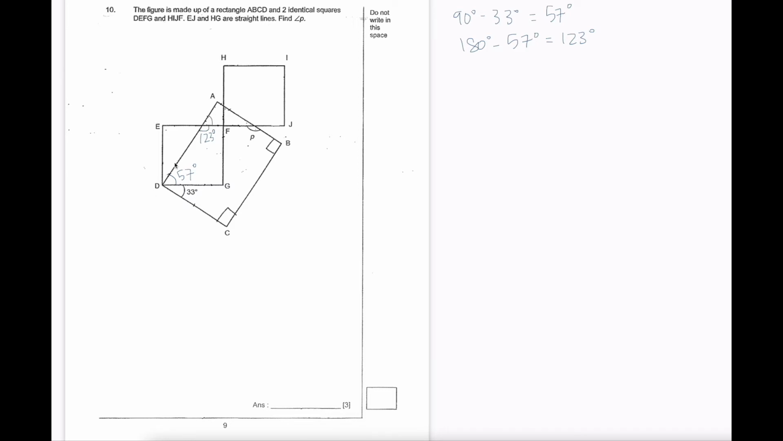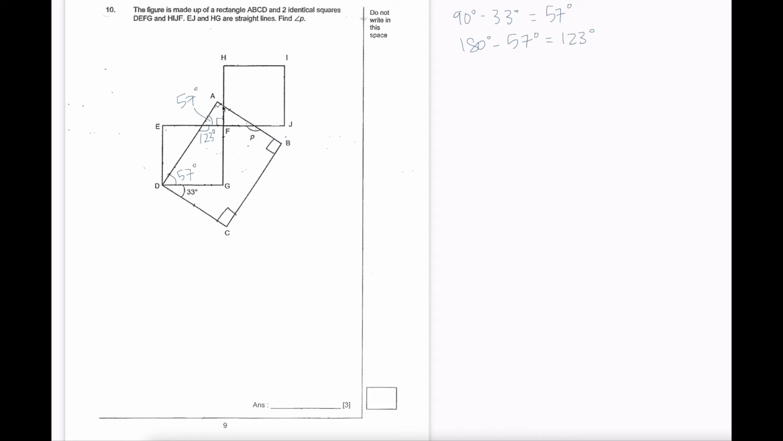Because AD is a straight line, it's part of a rectangle, and this will just be 57 degrees, because 180 minus 123, you get 57. Okay? So this is 90 degrees, and this is 90 degrees, because this is the corner of a rectangle, and this is a perpendicular angle formed by the 2 straight lines. Okay? So